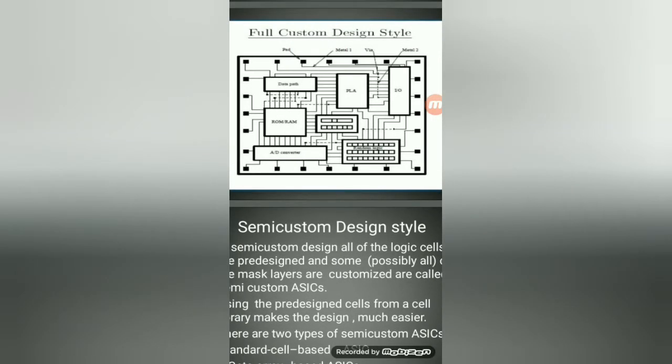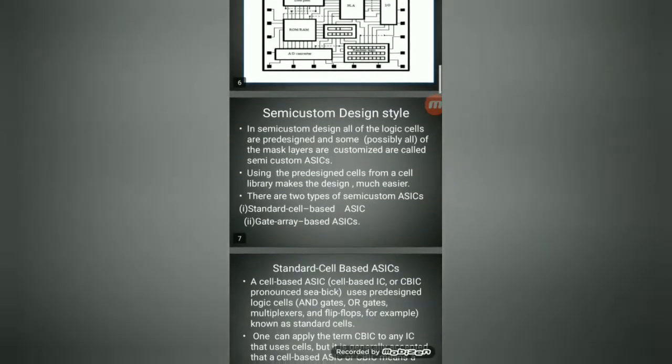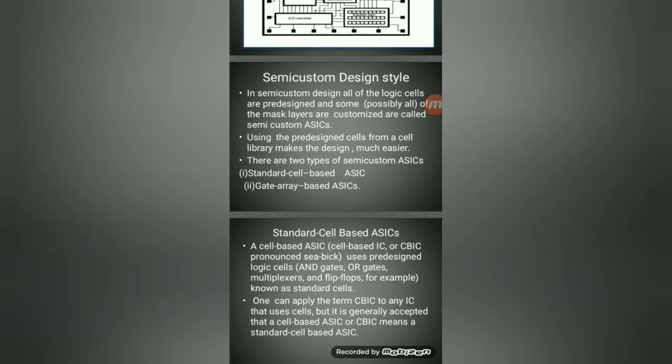Next, let's go for the semi-custom design style. Semi-custom design, as the name itself says, is partly custom. Suppose, for the implementation of a mobile phone, some of the mobile phones are manufactured by the same mother company, and some of the logical blocks are taken from other companies. Like that we can go for semi-custom. It means some part you can design yourself and some part you can take from other predefined ICs. The combination of both, free and our own products, in order to develop a new product, that designing method we can call the semi-custom design.